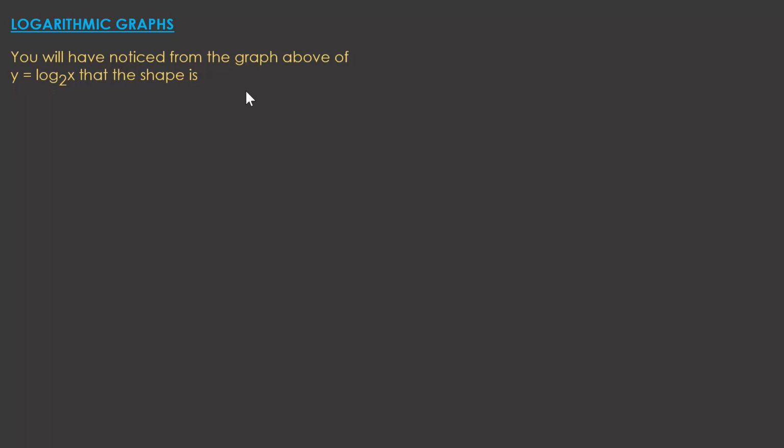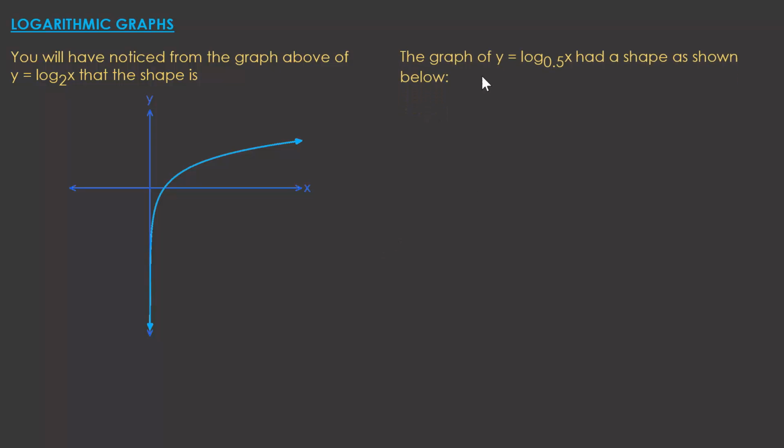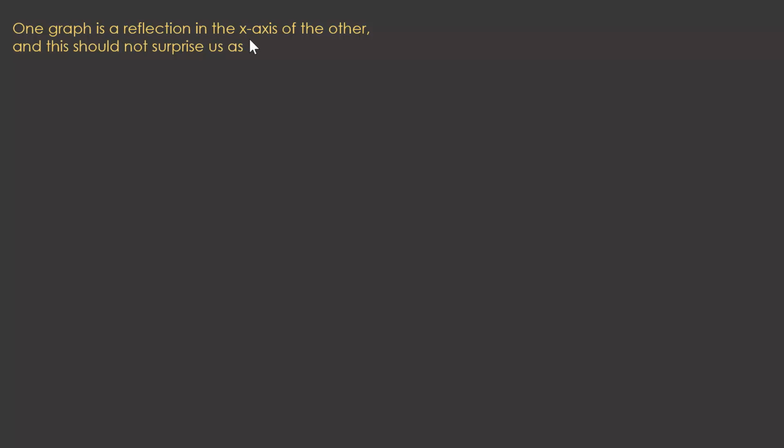You will have noticed from the graph above of y equals log to the base 2 of x that the shape is like this. The graph of y equals log to the base 0.5, or a half, of x had a shape as shown below. One graph is a reflection in the x-axis of the other, and this should not surprise us, as